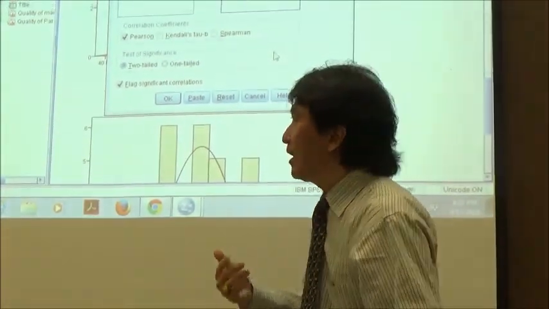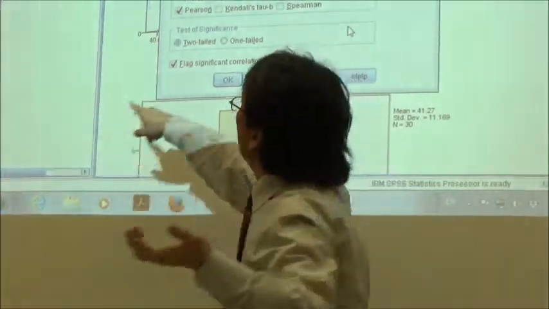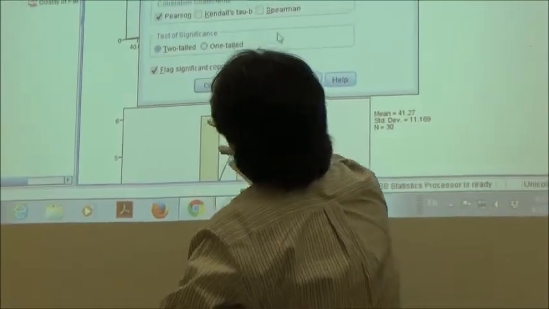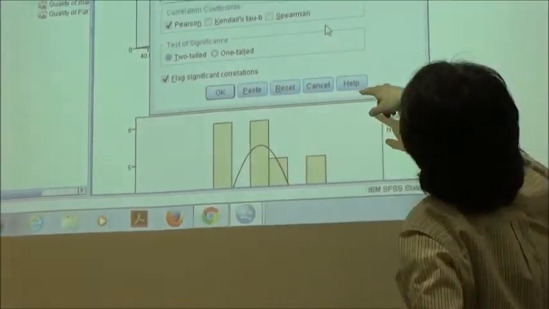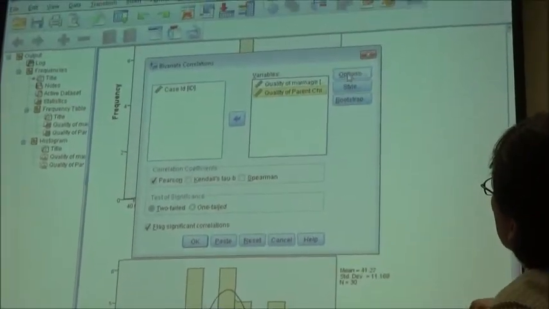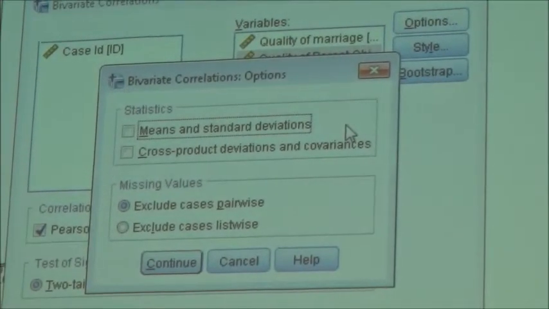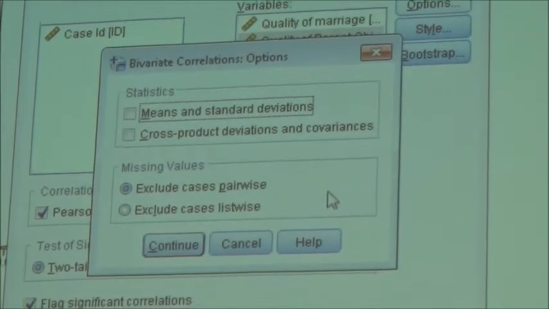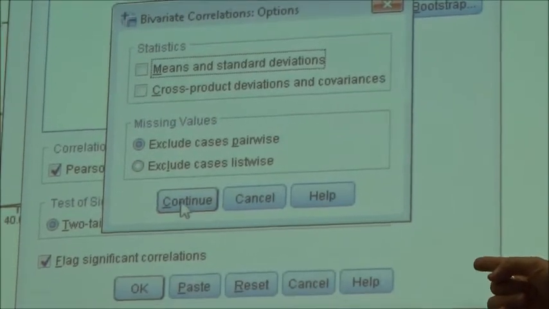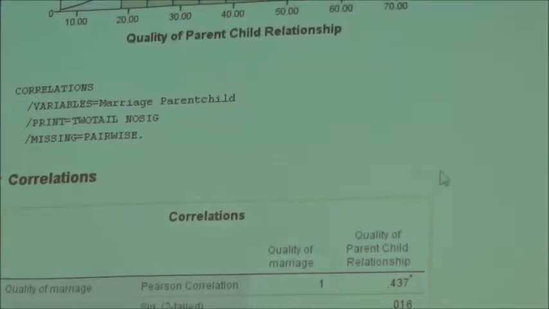Don't blame me, okay? So in this case, 2-tailed, already clicked. And flag significant correlations. Look at an option: exclude cases pairwise. That's the only thing. Continue, and then okay. In a matter of seconds, there you go.